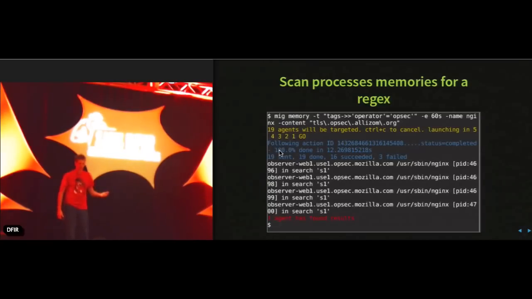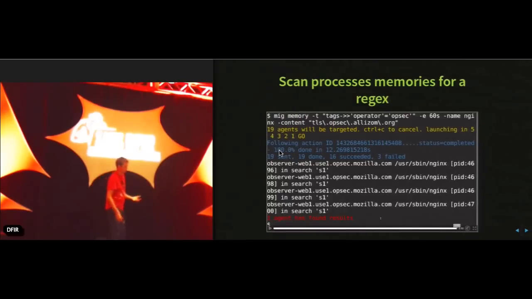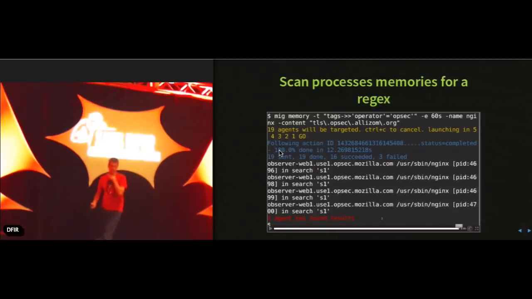If you find, for example, a malware that doesn't necessarily have a file signature, but you get a memory signature for it, you can use MIG to scan for it. So here we just run a command that looks for Nginx processes, -name nginx, and look for the string